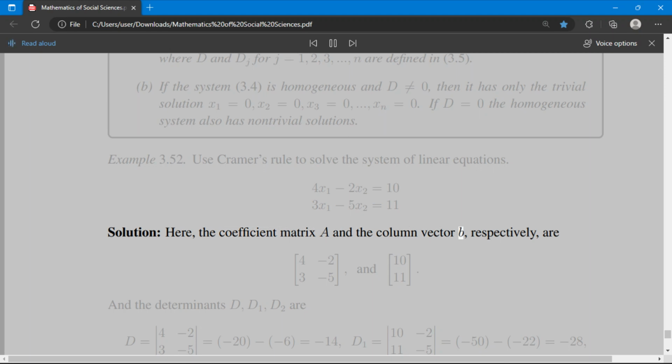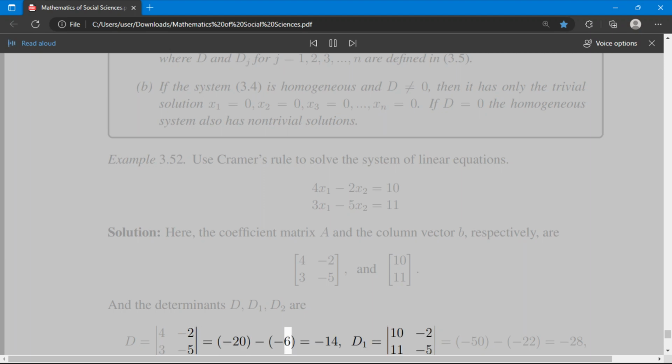Here, the coefficient matrix A and the column vector B, respectively, are [4 2; 3 5] and [10; 11], and the determinants D, D1, D2 are